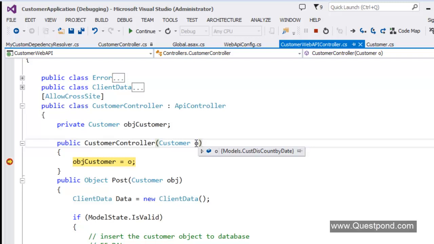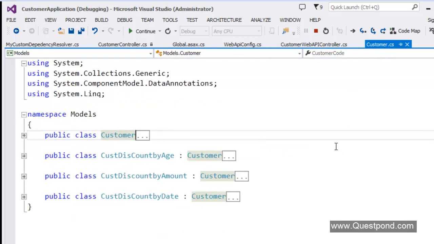The complete object creation part has been moved to the Unity application block. So that means neither the customer class nor the customer controller takes the responsibility of creating the objects. It is all done by the dependency injection framework. And also we have achieved decoupling here.